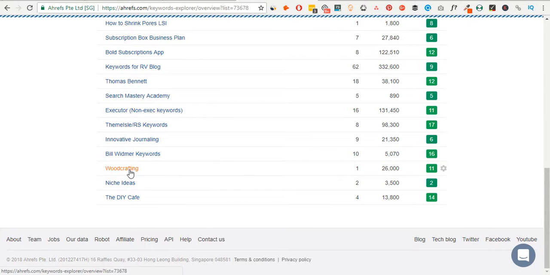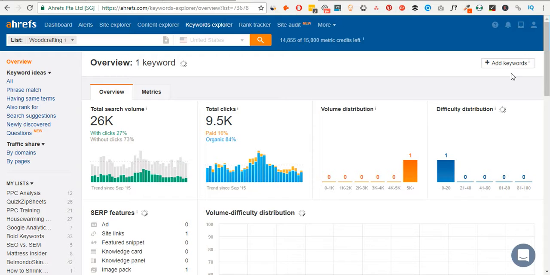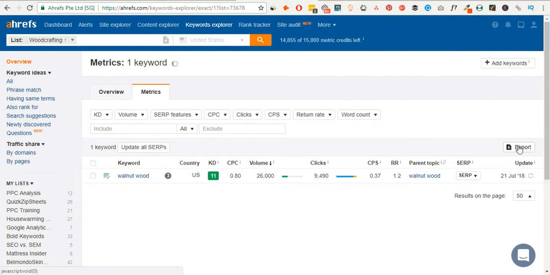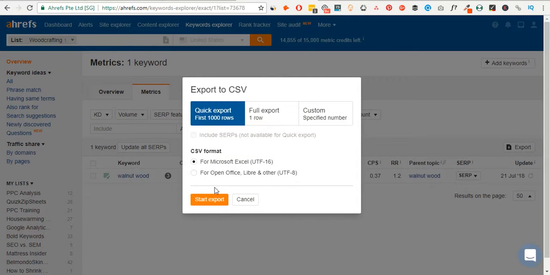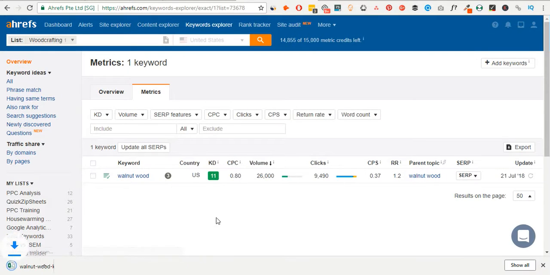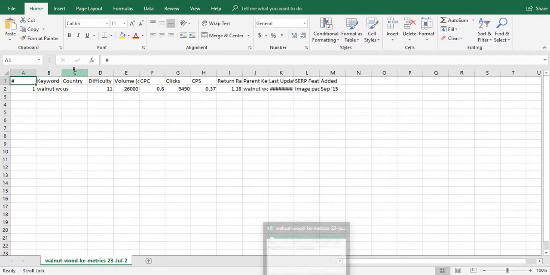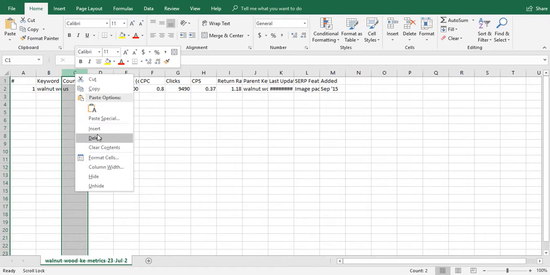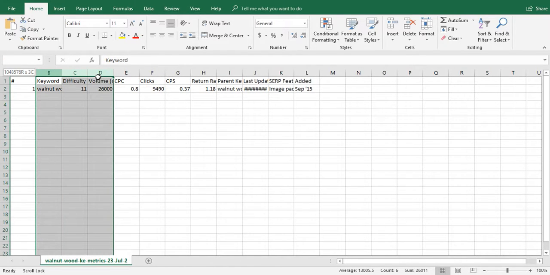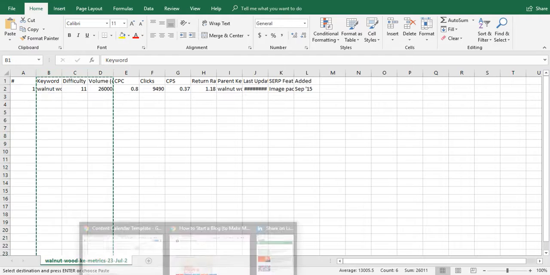Click on your list, go to Metrics, and then click Export, Start Export, open the CSV file, delete the country column, copy keyword, difficulty, and volume,